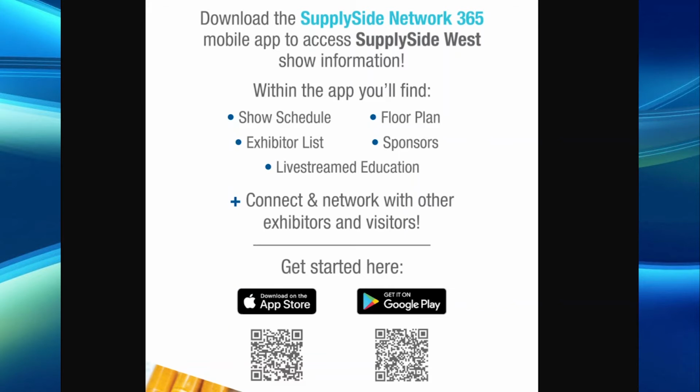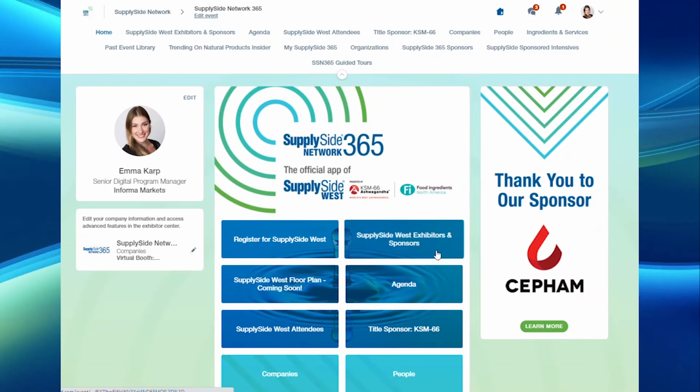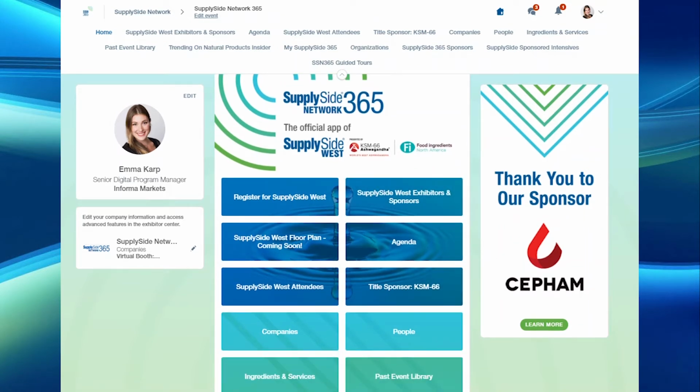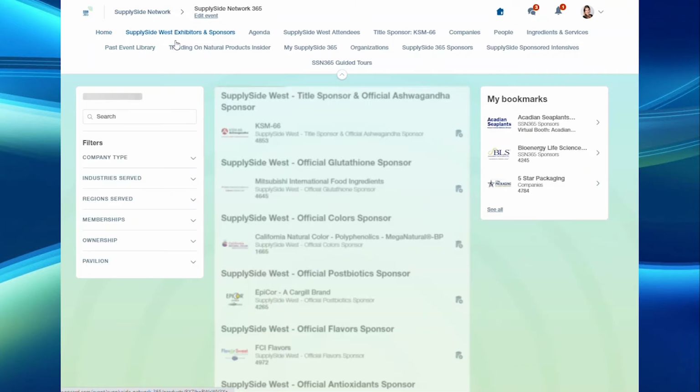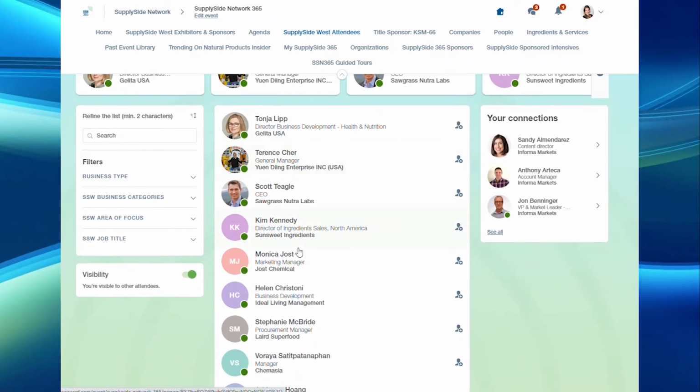SupplySide Network 365 platform will serve as the mobile app for SupplySide West 2021, October 25th through the 28th. Check the homepage buttons to find show information and floor plan. Use the SupplySide West Exhibitors and Sponsors and the SupplySide West Attendees tabs to connect with the on-site exhibitors, sponsors,